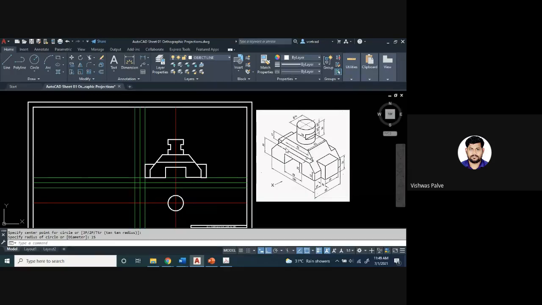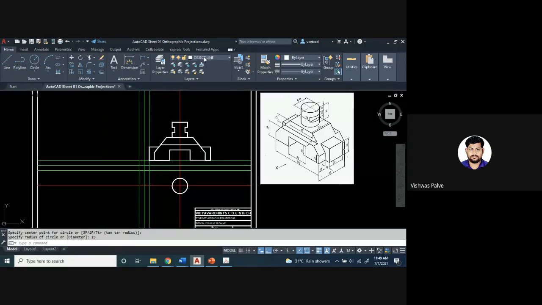Then you can see this distance is how much? 52 and 42. So you will get a rectangle here, 52 and 42, so that I can easily draw. So I'll use the projection lines now. Okay, better I can use the projection lines. I'll switch on that layer. Okay, I'll enter from this point. I will draw a vertical line, projection line. Similarly, I have to take projections from here.